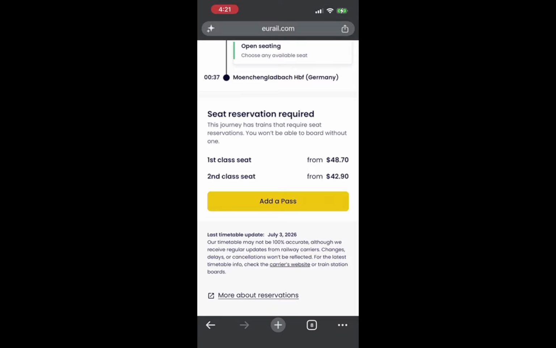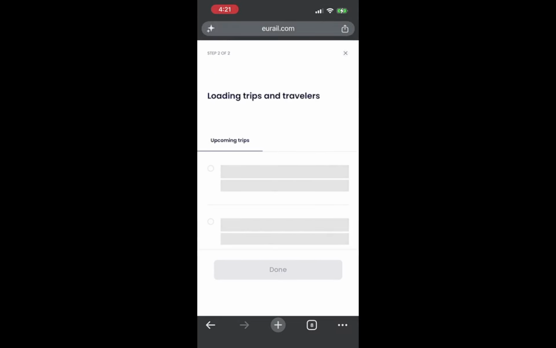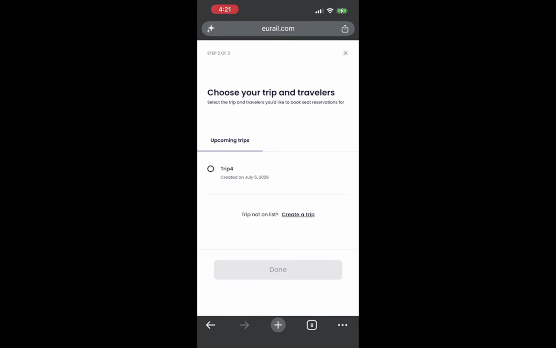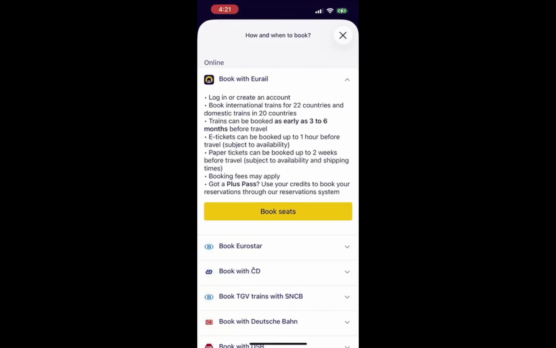Finally, after booking, your reservation will be emailed to you. It will also appear in your URail account under Reservations. Depending on the route, you might receive either an e-ticket or a paper reservation for certain trains. This confirmation is important as it serves as proof of your booking and provides peace of mind as you prepare for your journey.